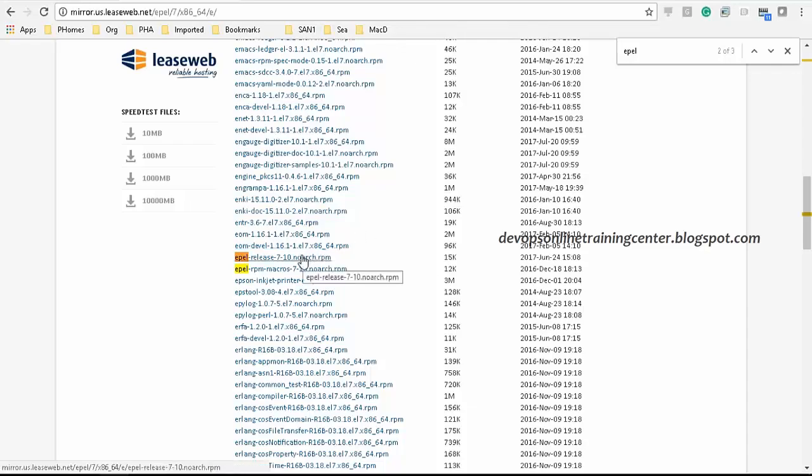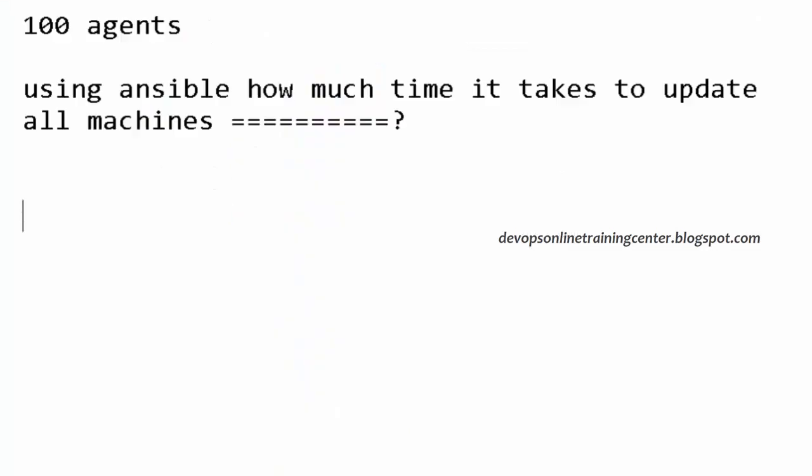If you don't have it, you can just install it. How do you install? Just do wget and the link, and wget will download the package to the local machine, and then you can just say rpm -ivh to install. Is this clear? Not only this package, any package you want to install, you can directly download from the net using wget and install it, or you can use yum to install it. Or you can also download it to a Windows machine, copy it from there to the Linux machine, and install. Is this clear so far?